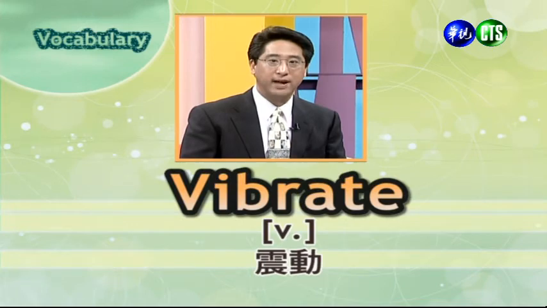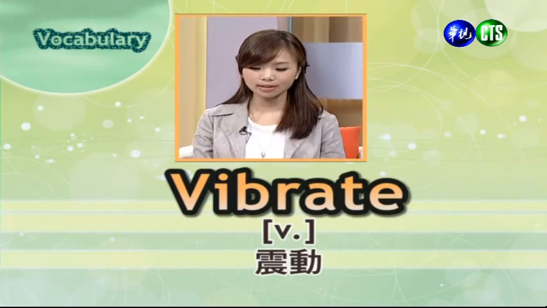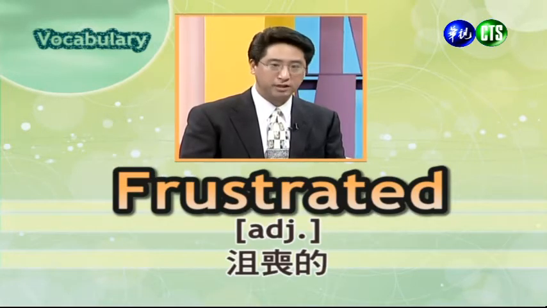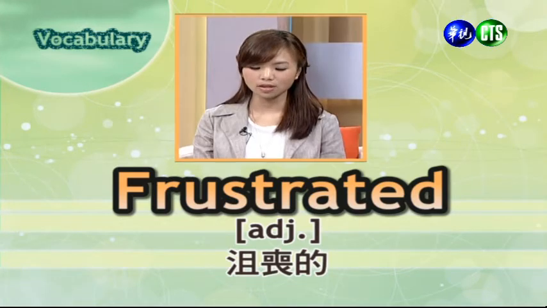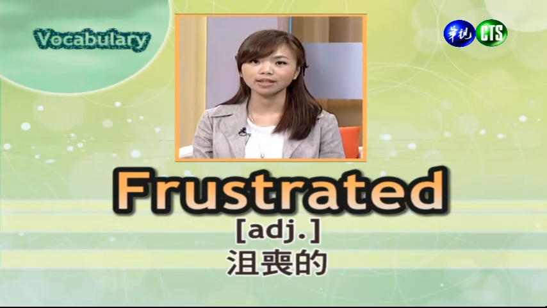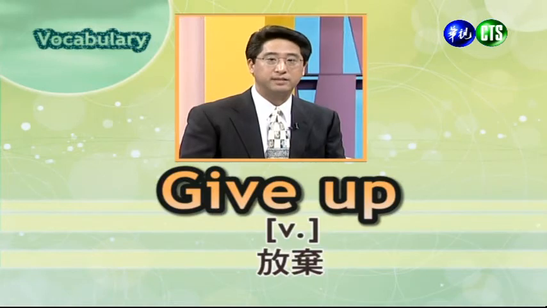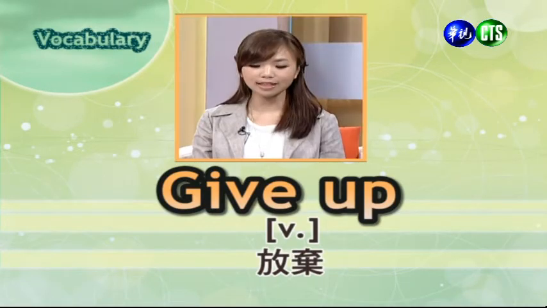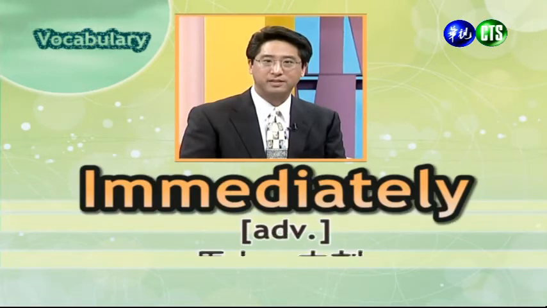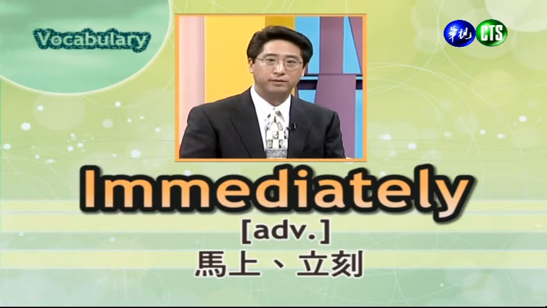Our next word is vibrate. 好，接下来这个字呢，指的是用震动或是抖动的意思。 Next word is frustrated, and can also mean something like disappointed. 好，接下来我们看到这个单字指的是沮丧的，跟它一样的同义字呢，我们常用的是 disappointed，一样是指很失望的。 All right, next word is give up, which means to stop doing something. 好，接下来这个单字呢 give up 指的是放弃。